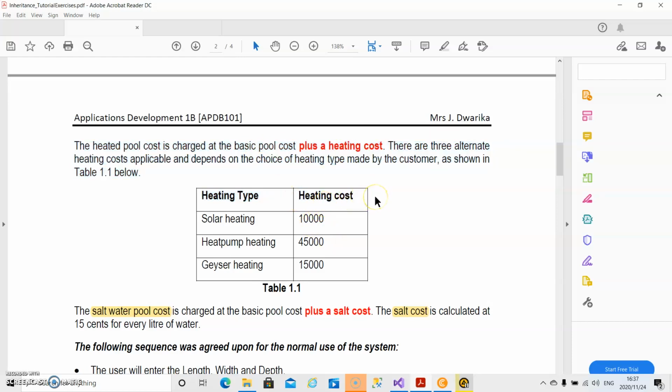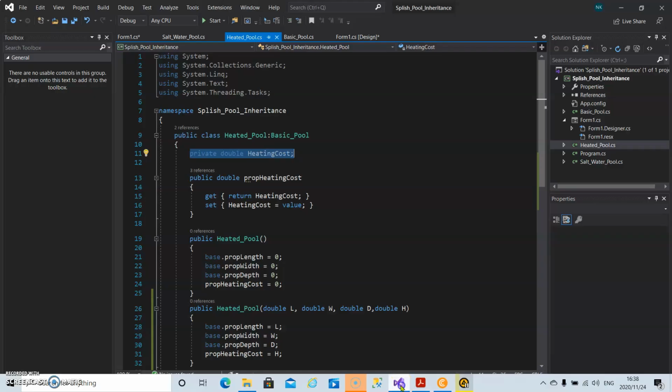So we just need to check if the user selected any of these radio buttons, and then after that we return the heating cost. So we start with heating cost, let's add the basic cost. For now we don't need to return a string, but we need to return an amount after the user has selected a radio button. We need to display something which is an amount, the heating cost, not a heating type. We just need to return the heating cost when the user selects